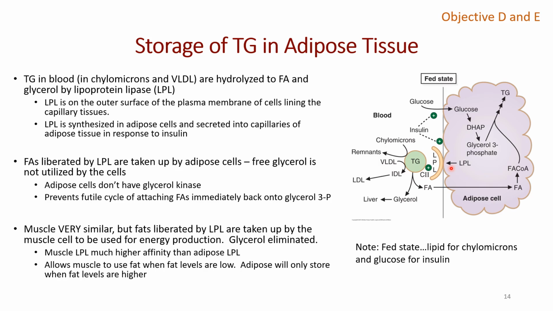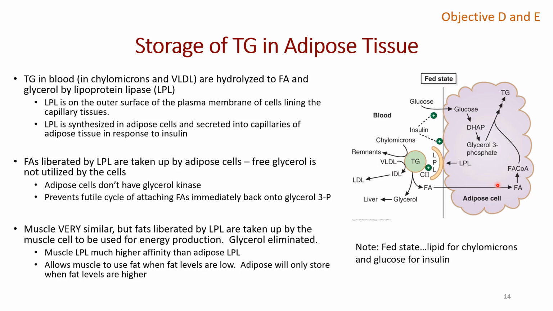When you have a very high affinity relationship, it means even if the concentration is really low, that molecule can still bind because the affinity is high. And if the affinity is low, it means even if you have a fairly high concentration of the molecules, they really don't bind because they just don't like each other very much. Well, adipose loves these lipoproteins. It loves to get the fat and it loves to take them in. So I'm not saying that adipose has a low affinity, but what I am saying is muscle has a much